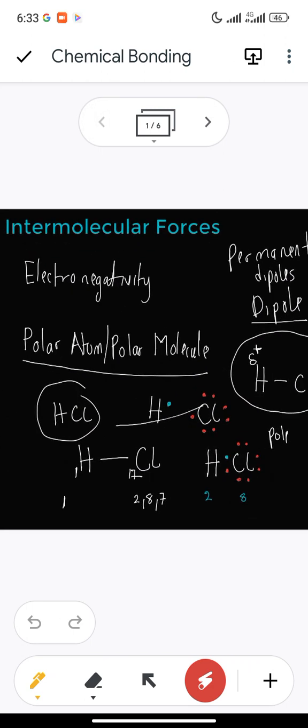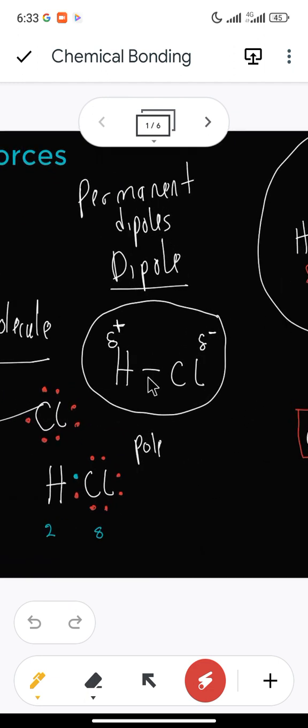Now we started with electronegativity, the attracting power of an atom, or how well an atom can attract electrons to itself. We talked about polar and non-polar atoms and polar molecules. We said an atom becomes polar because of the difference in electronegativity. We took an example where we said hydrogen and chlorine, that chlorine would draw most of the electrons to itself